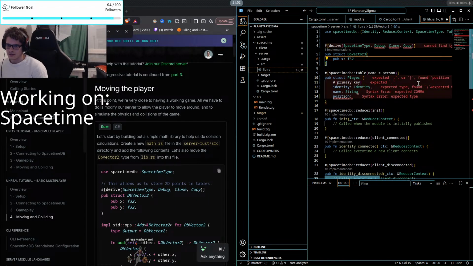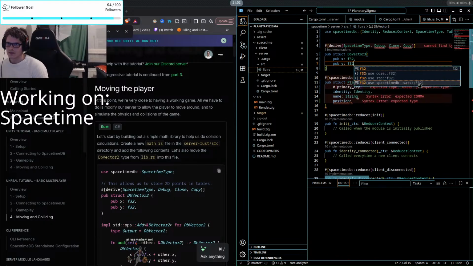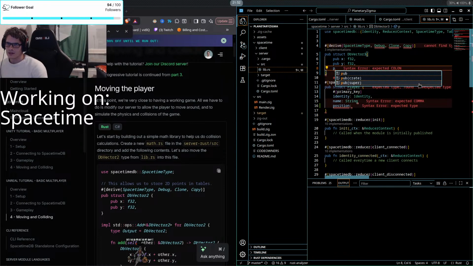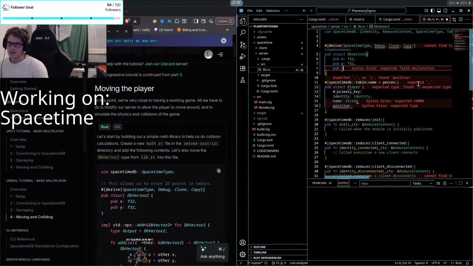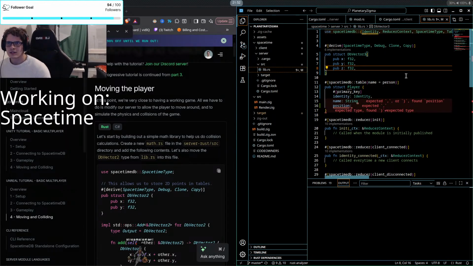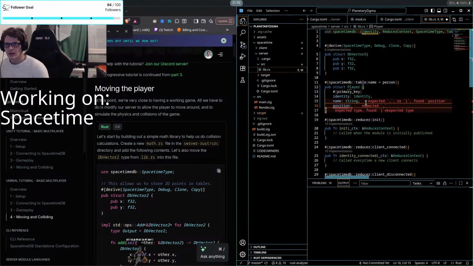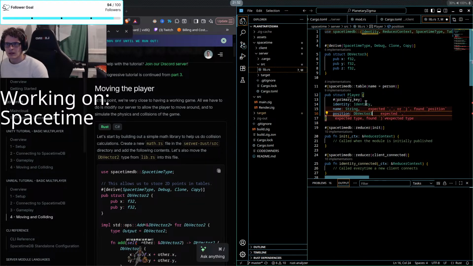Oh my god. Public y f32, x y z. Yes, set, like so. And yes, now this makes sense. You will have to do that. Then position will become a DbVector3 like so.